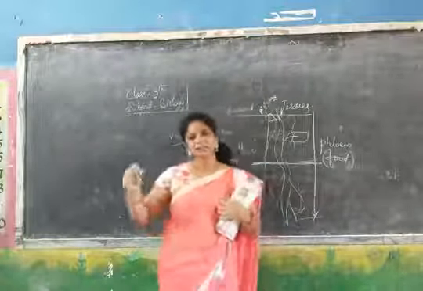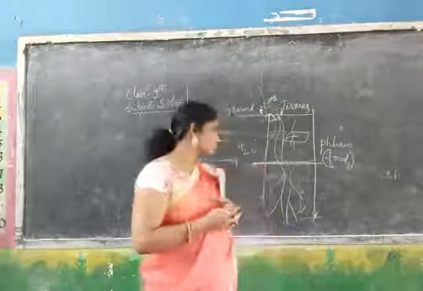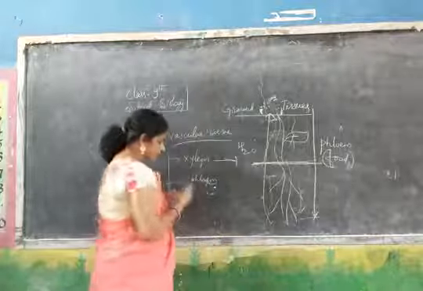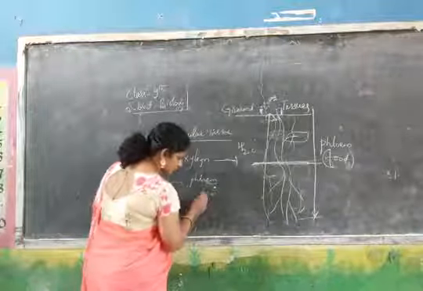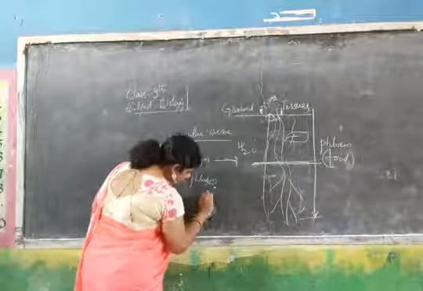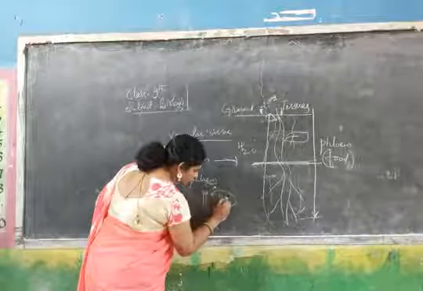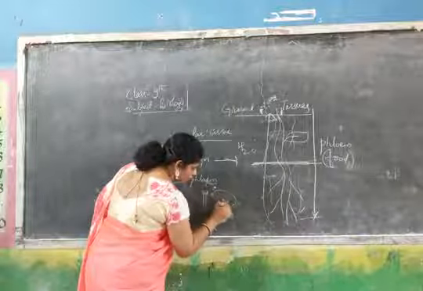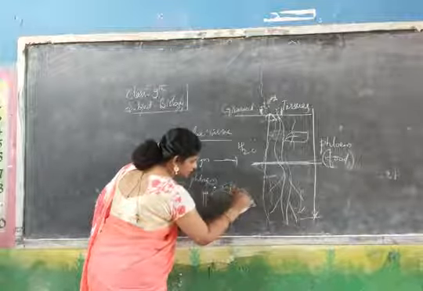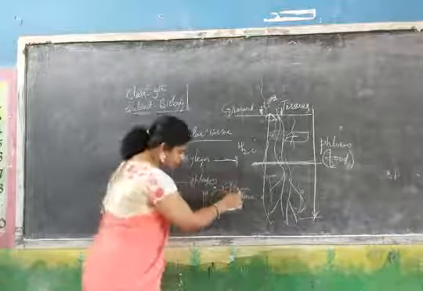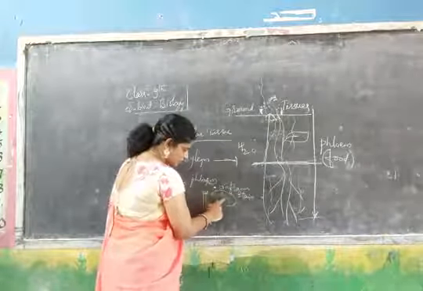One is placing the stem directly in red colored water, as I said. Another method is also there. Take the stem and cut a thin section of it, like this. We cut a thin upper section and place it in a watch glass which contains water. In this water we add safranin stain. Safranin is pink in color. So we are adding safranin in this, and the water turns pink.